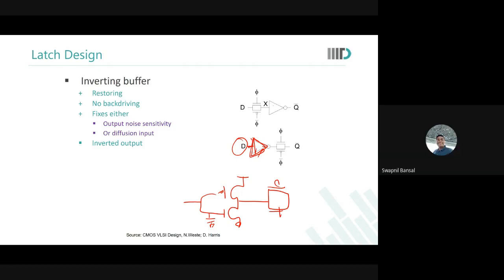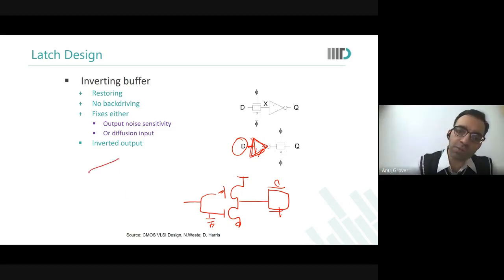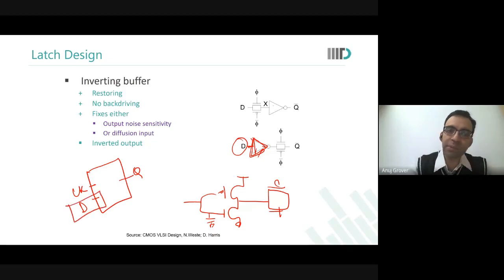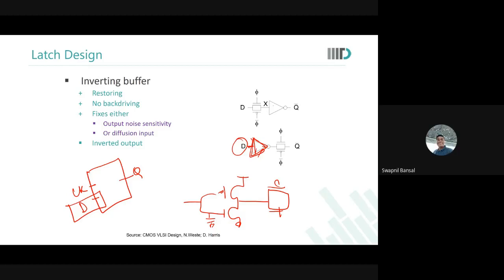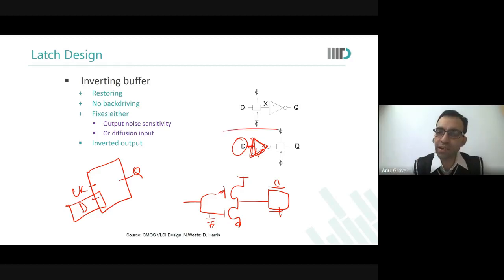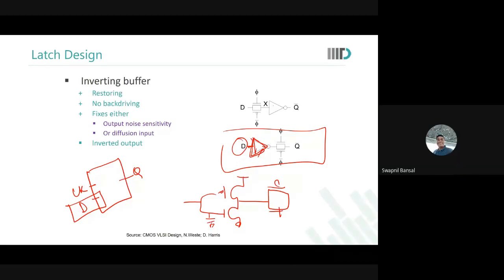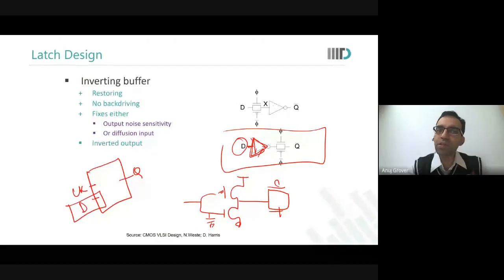No. What do we call as input? We are calling as input: we have this cell. There is a CK pin, there is a D pin, there is a Q pin. Now, is the capacitance of D fixed? Or is it dependent on the other input? It is fixed as of now, in this case. Whatever happens to CK, in the second case, the input capacitance doesn't change for D. So this is where the problem of diffusion input is handled.